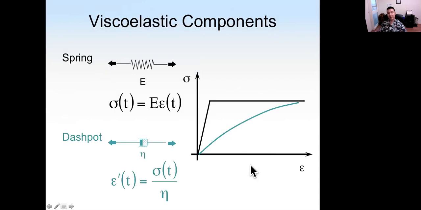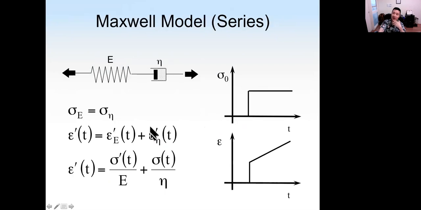Okay. And we can also use a viscoelastic model to simulate the behavior of concrete. The viscous component can be seen as a dashpot, and the elastic component can be seen as a spring. And if we think of the viscous and elastic components in series, then the stress for the elastic component will be the same as the stress in the viscous component, but the strain will be added together.